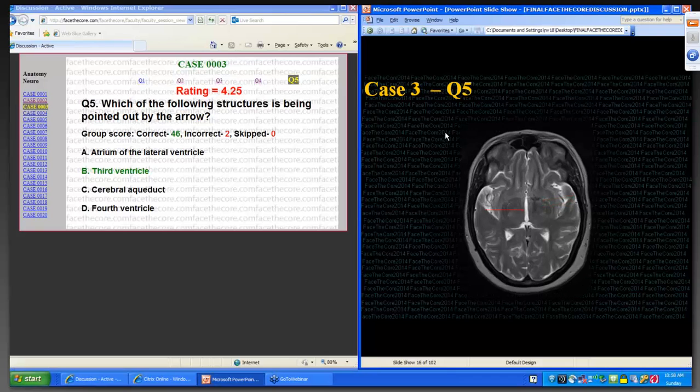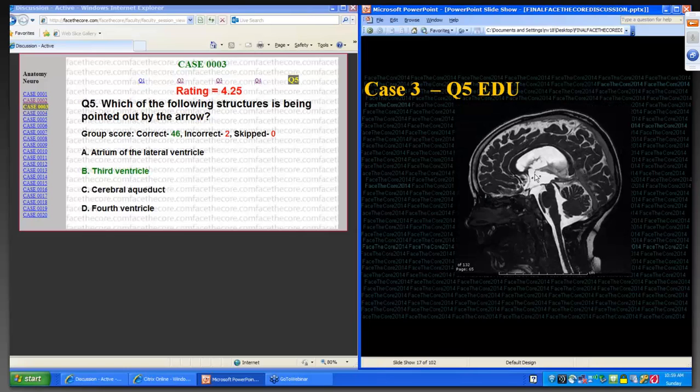And then the next question, which of the following structures is being pointed out by the arrow? Nearly everyone got this question correctly. This is the third ventricle. Remember that the third ventricle is important to identify because it's a very important structure, and it's also important to note the boundaries of the third ventricle. So notice here the lateral boundaries of the third ventricle are the thalamus, and then here I also have a sagittal